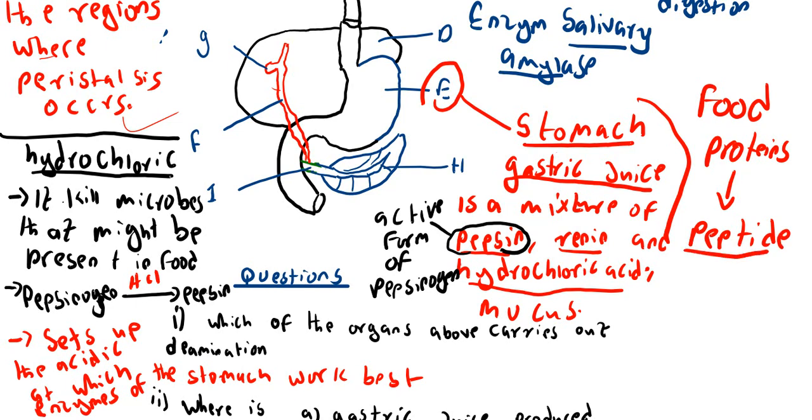Proteins are broken down into peptides by pepsin, and of course this entire process is happening in the presence of hydrochloric acid. All right, let's try to talk about the function of the stomach. Just need to note that gastric juice produced by the stomach is a mixture of pepsin, renin, hydrochloric acid,